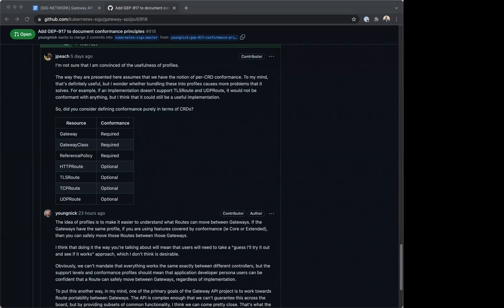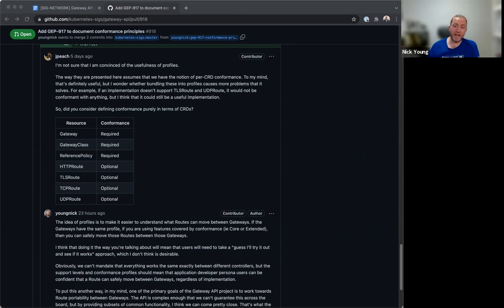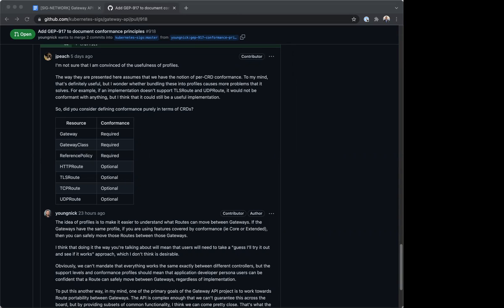It makes sense. I still don't really agree. Okay, so you think that we should just not have any syntactic sugar, and every time we talk about what our thing does, we should just say, these are the resources it supports, and that's it. I think have it at the level that James talks about as far as the CRDs, supporting HTTP route, supporting TLS route, UDP route, whatever. That's a great way to give a consumer a top-end view of what your product supports.